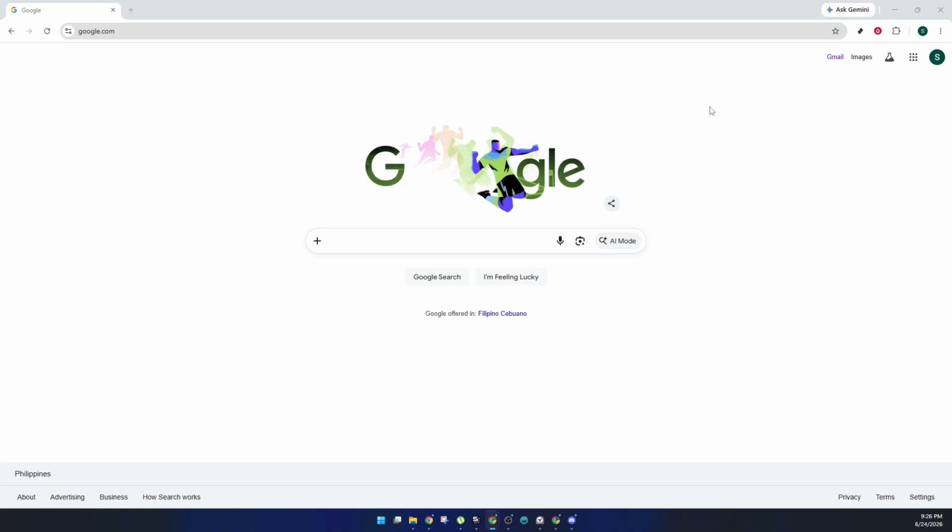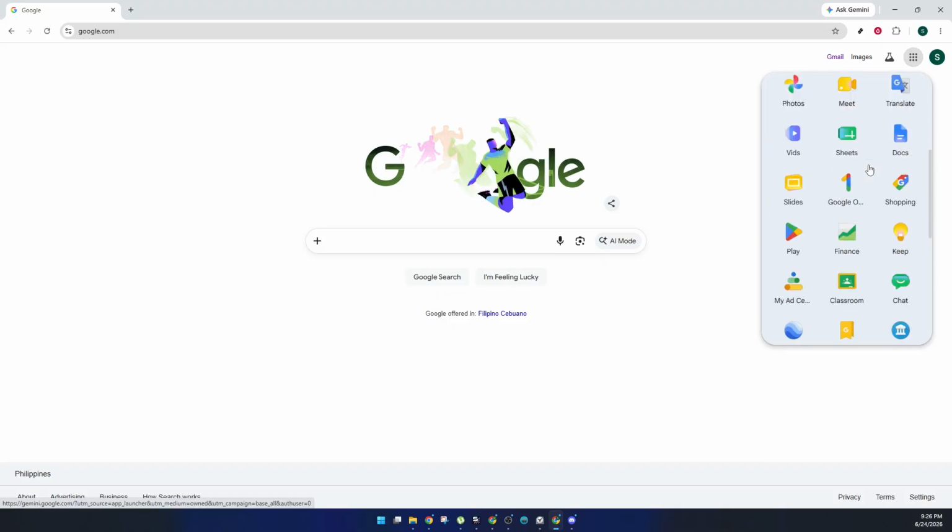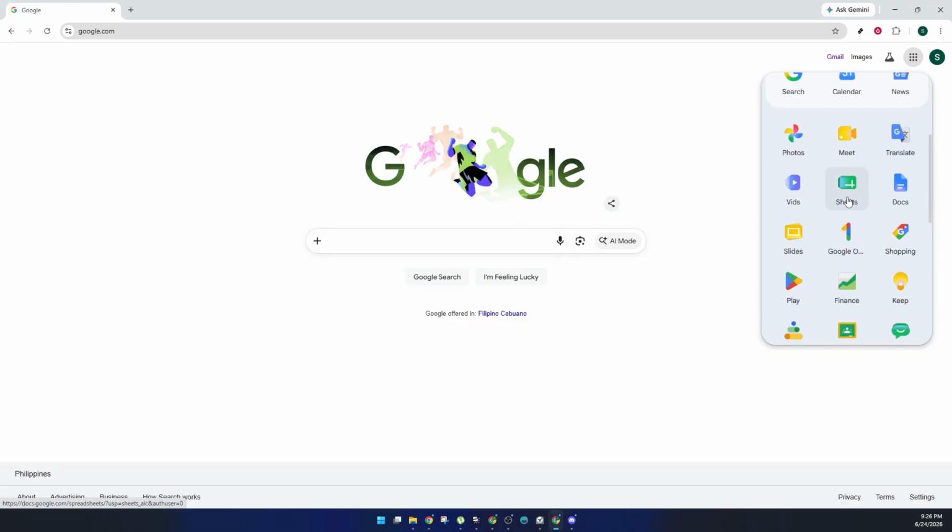Simply double-click the icon on your desktop or search for it in your applications. This is the gateway to accessing Google Sheets. Next, click on the Apps icon, which looks like a grid of dots in the upper right corner of your browser. This will reveal a menu of Google applications. From there, select Sheets. This action will take you to the Google Sheets homepage where you can manage all your